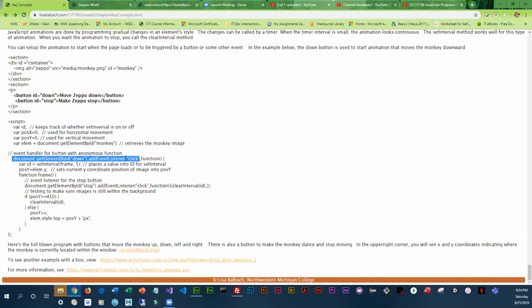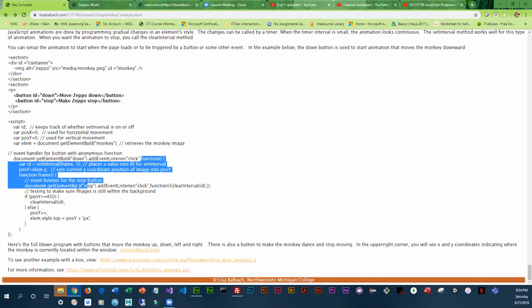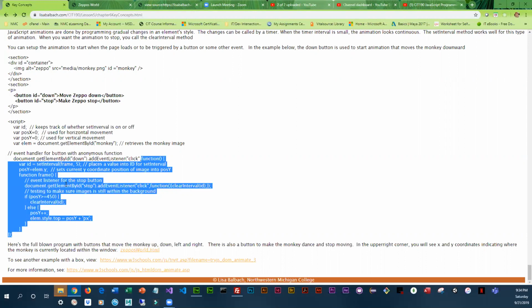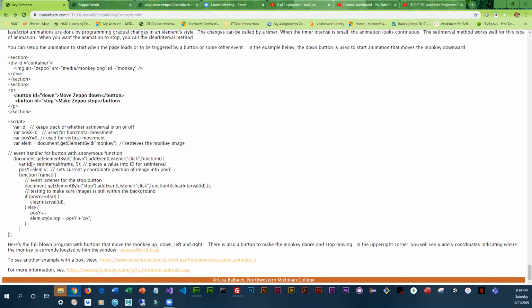Okay, so when they click that, it's going to run through an anonymous function. Okay, so when they click down, it goes through this function, and I've got my ID variable. I'm calling setInterval at 5 milliseconds, and the function that it's going to be calling over and over again is called frame. Okay, and then you'll notice that I'm also setting the current location of Zeppo, the Y coordinate,